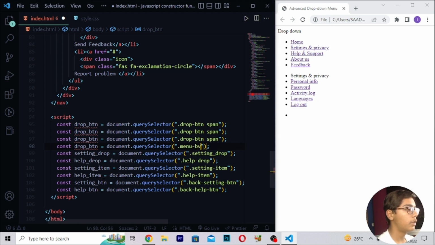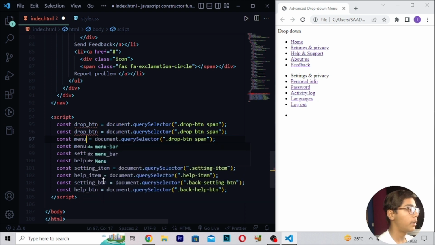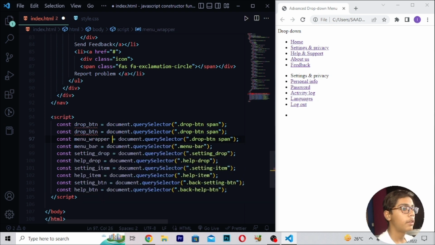So here I will be writing, then here you have to move, and write menu bar again. Then here you have to move at the back, then I will be writing menu wrapper, then writing .wrapper only. So here I will be moving right here .wrapper, here I will be writing .tooltip like this, then here I will be writing tooltip. So simply here I will be moving right here tooltip, so here I will be writing this, then save this.